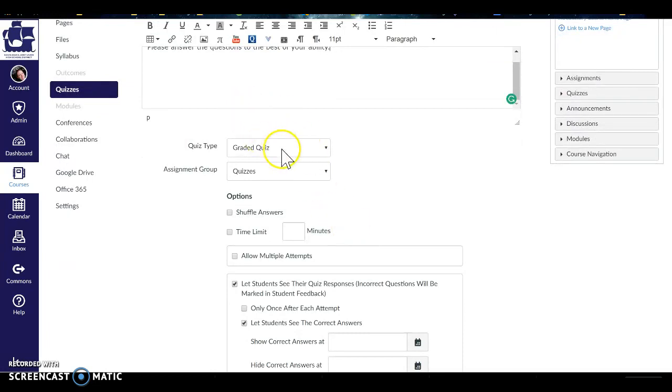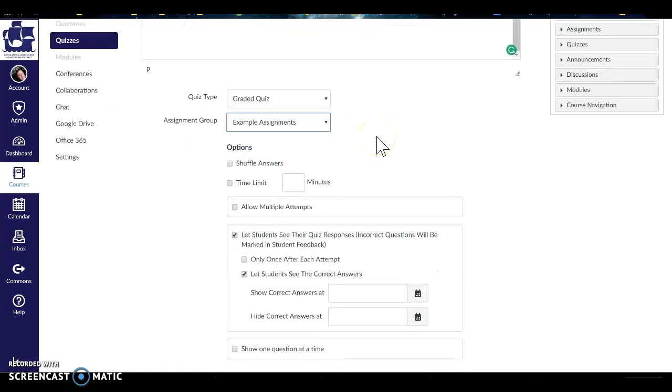The quiz type is going to be a graded quiz. We want it to go into, this one for me is going into example assignments so that it doesn't count towards your completion. I want my answers to shuffle. I'm not going to set a time limit on this quiz, but you can if you want students to finish it up very quickly or only have so much time to do it. The time limit is really good for bell ringer type things where you want students to do something upon entering